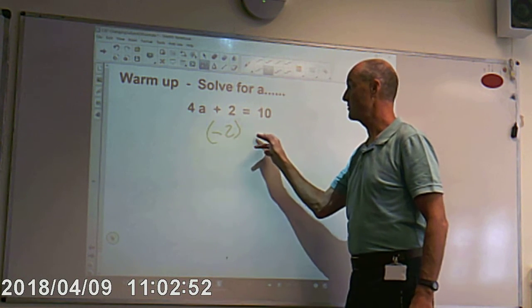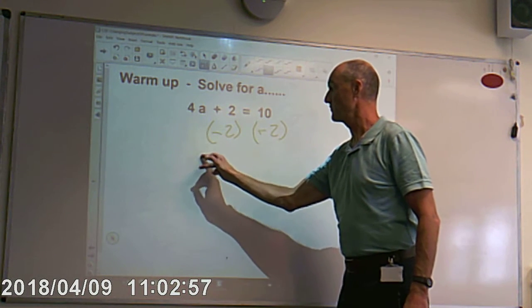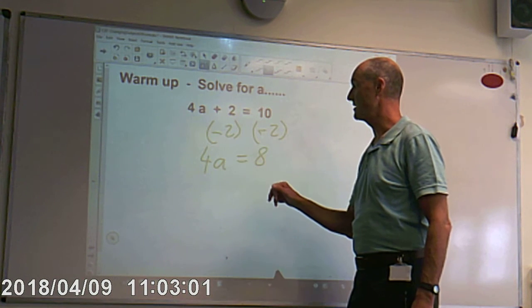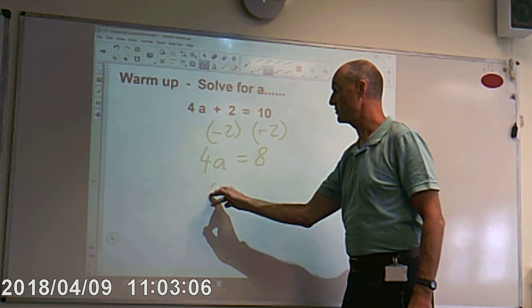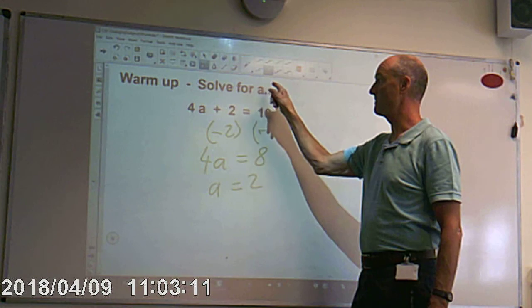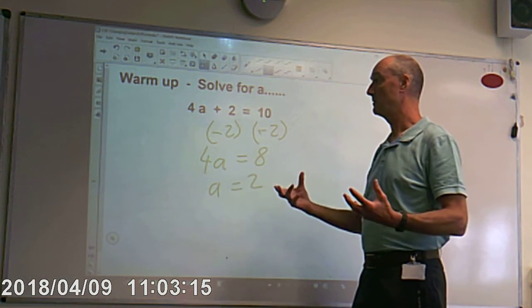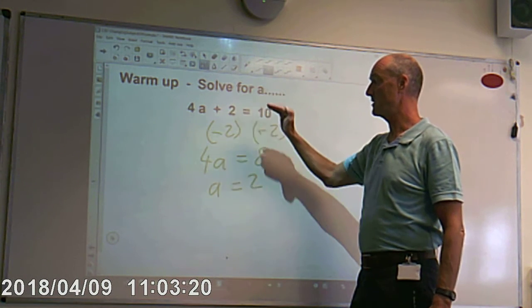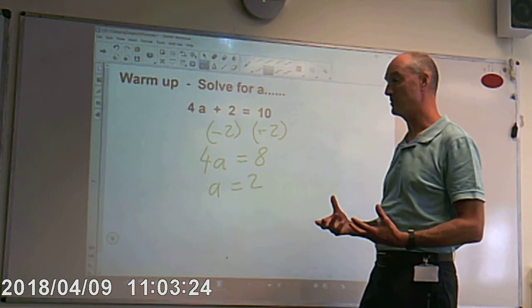Subtract 2 from both sides. That leaves us 4a on the left hand side, and it leaves us with 8 on the right hand side. Divide both sides by 4, leaves us with a equals 2. What have we done to solve for a? We've got a on its own, and that's the key when we're looking at changing the subject of a formula. This is solving an equation, get the a on its own. That allows us to produce a value